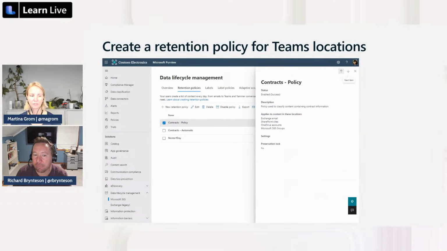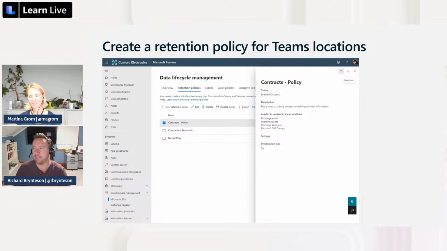Would you recommend using retention and deletion policies all along? My default, unless there is a strong legal reason, the answer typically is no, right? That's where I have pushed. There are clearly instances where you might have a legal requirement to delete things after a certain time. But unless it's really compelling, I think it creates more problems than it solves by having an aggressive delete or retention policy. So that's from my perspective.